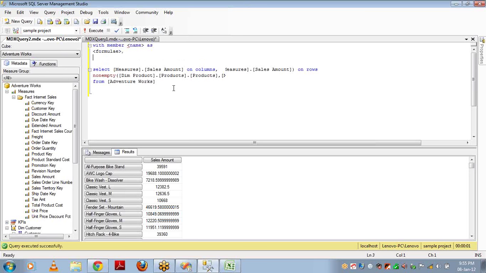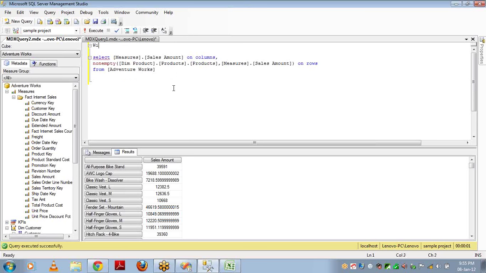And if you want more, then you can set the format string, what format you want to show, equal to some format string. This is the syntax of a calculation. And let's see how to create calculations. What all can you do with calculations? I'm writing a simple calculation here. Remember, I'm giving the name as test,